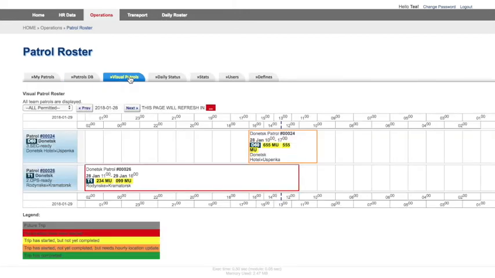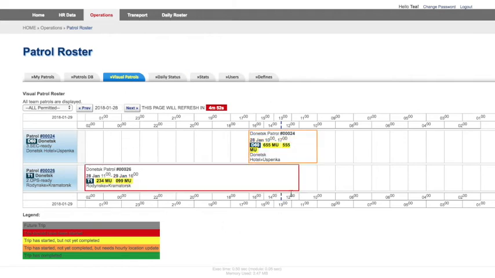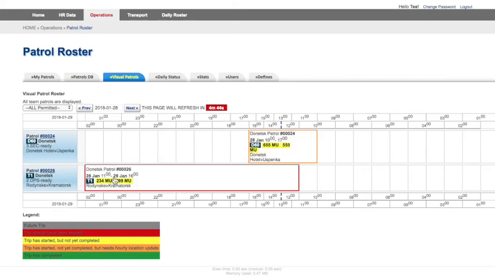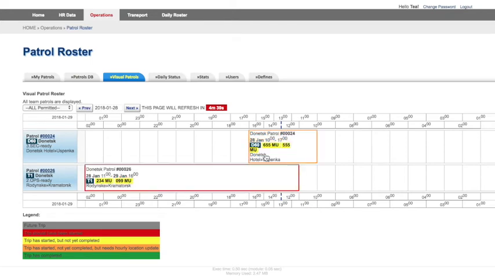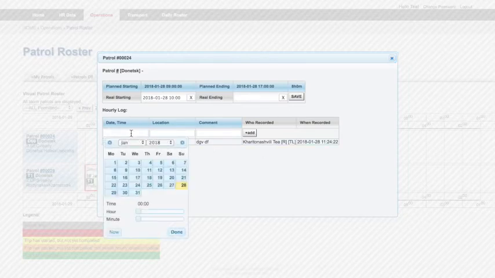There's one important detail that is most useful not only for the duty officer, but always as well for management. It's a visual aid for the patrols. Where are the patrols? What's their status? For example, we'll see here in red that this patrol should have been started and has not started yet, so we have this automatic information. And in orange, the patrol should have given the hourly location, but it did not. So the duty officer goes here, puts the date and time. So today is the 28th, so we have to put it, and the time now is, so let's